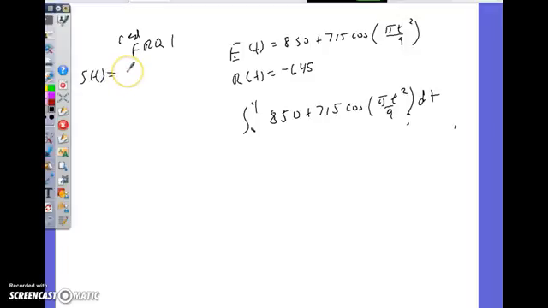So we got 850 minus 645, which would be 205. Really? Is that right? Yeah, that feels right. Plus 715 cosine of pi T squared over 9. And I want to know when the sewage rate is equal to 0. So in other words, when they're chucking it out as fast as I'm getting it in. So how do I find where that's 0? You subtract